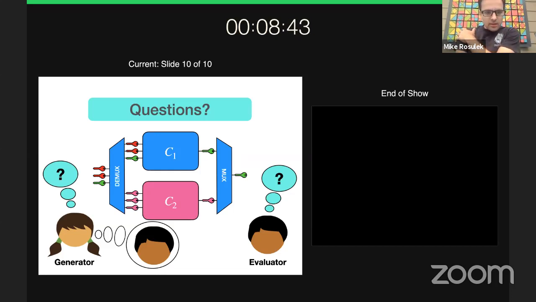Frank Davis is asking, you're trading off providing M1 and M2 as well as the seed because you send the XOR. If the XOR value in the seed is shorter, then is that better than simply giving M1 and M2 separately? Yes, so the seed is very short. You should think of the seed as 128 bits or something, whereas M1 and M2 are proportional to the number of multiplicative gates in the circuit times the security parameter. So the material is much, much longer than the seeds.